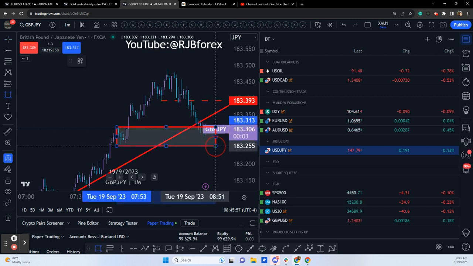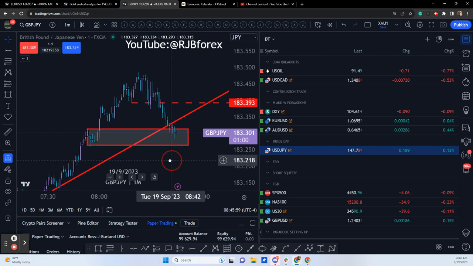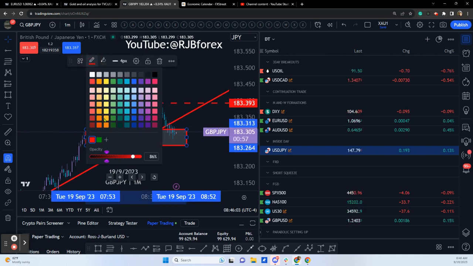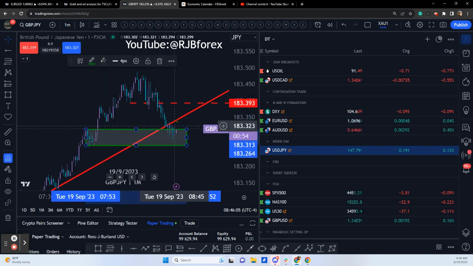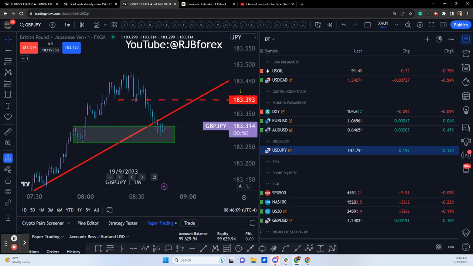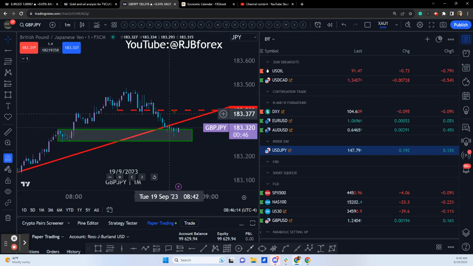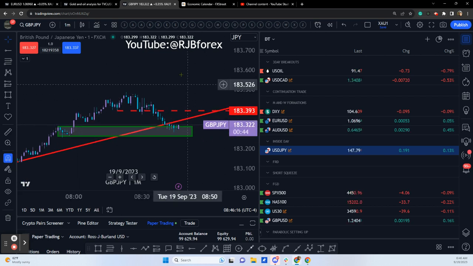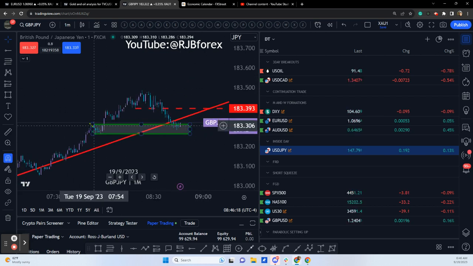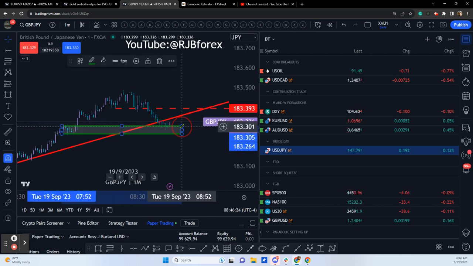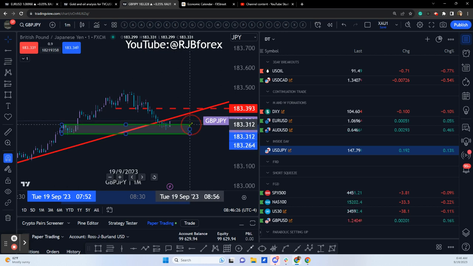Maybe we're setting up for a short for the Wall Street open. Perhaps we're going to get a pullback into this topping pattern for the short later on in the session for an explosive move. But it does look like the market is giving us nice volatility for today. So maybe we can get some strong, fast moves.